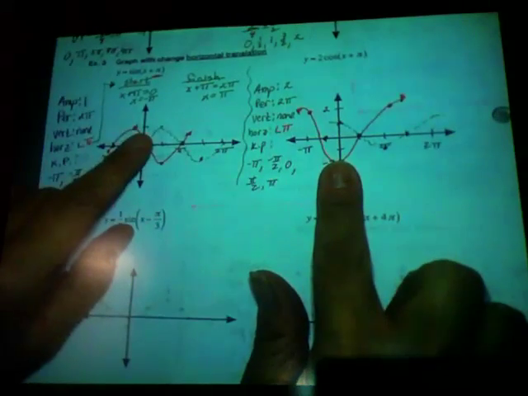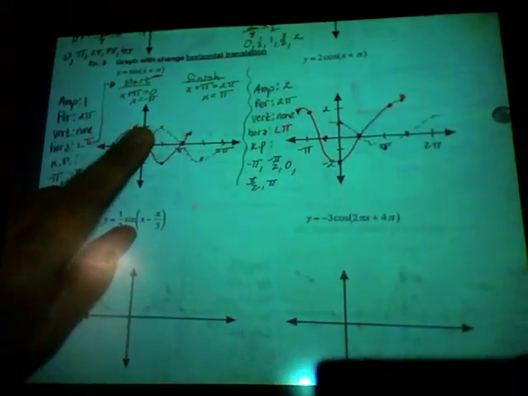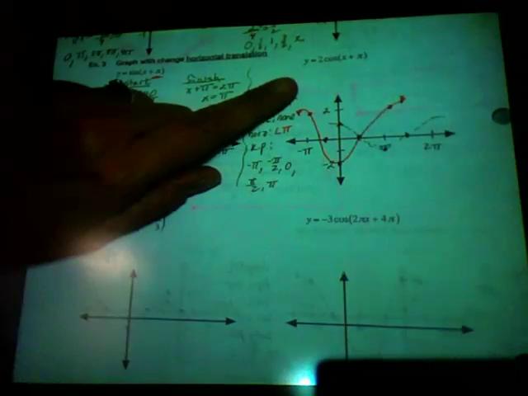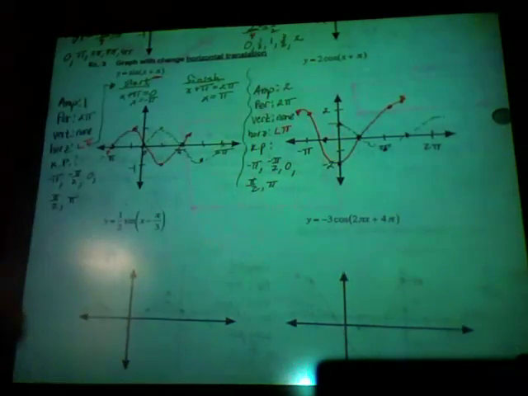They frown upon that. All right, so this is the second half of 4-5. Example 3 has horizontal transitions. So these first two that we did here, well, this first one had just one horizontal transition. We moved to the left pi. And then this one, we moved to the left pi, but we also had an amplitude change of 2, right? So on this one,